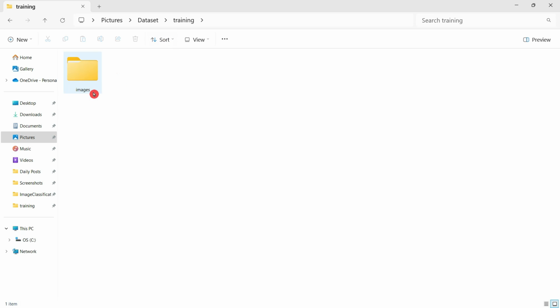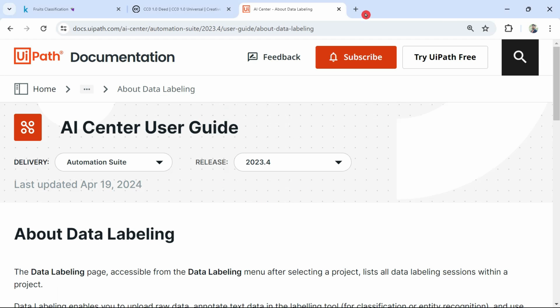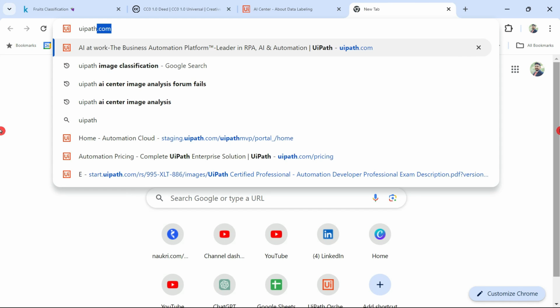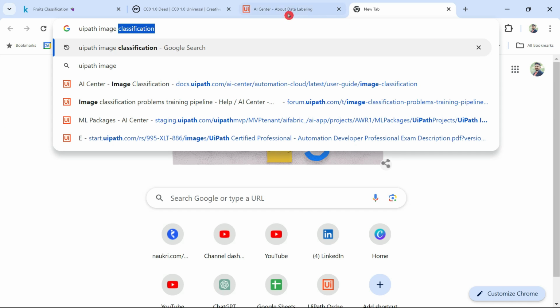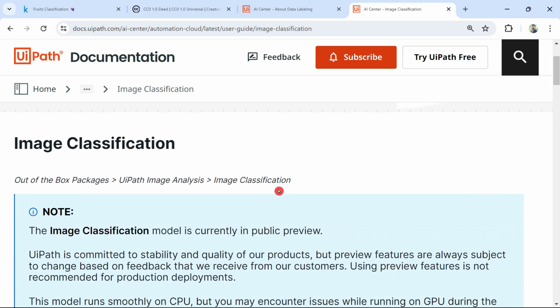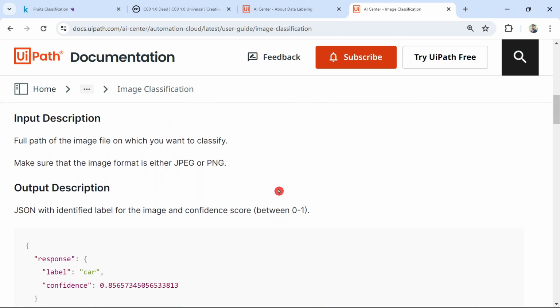First, you need to have training, then inside this, images. Let me tell you why. All you do, go to your browser and type UiPath image classification with AI Center, right? You would find a link called image classification AI Center. Click on this link. Now, once you click on this link, if you scroll a little down,